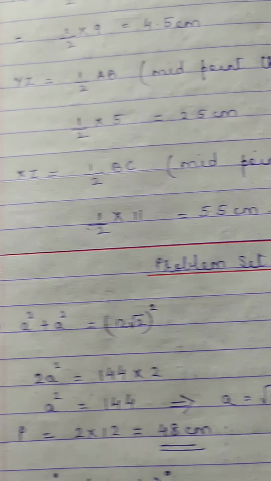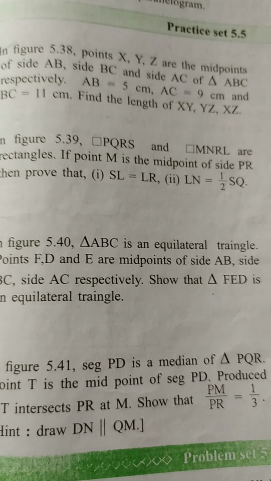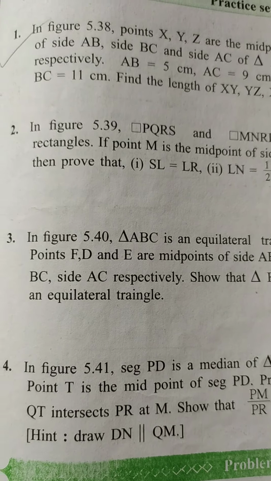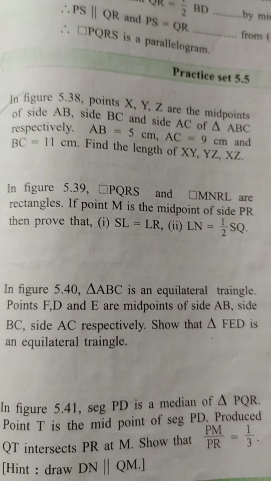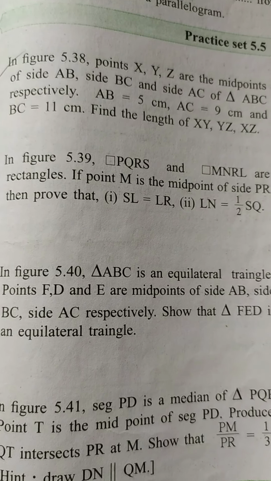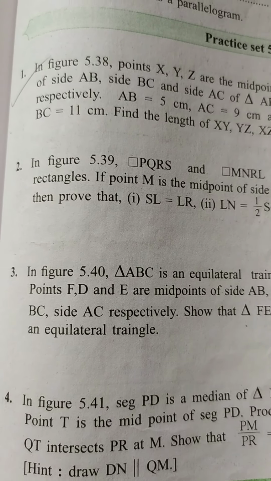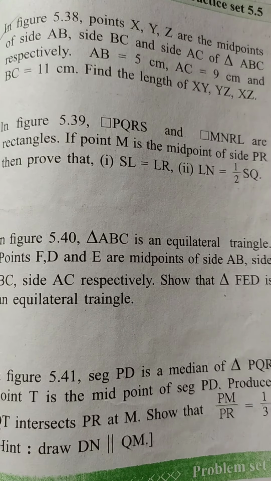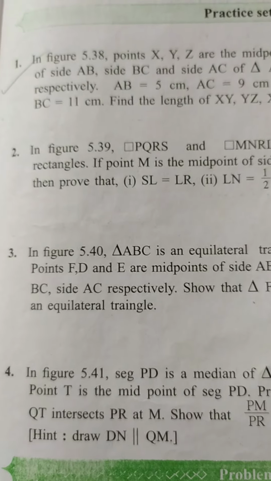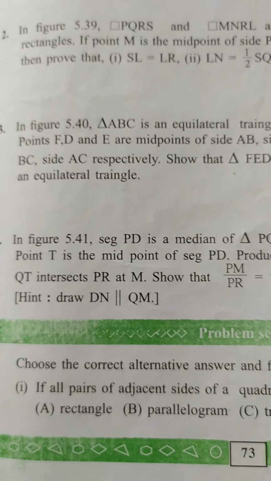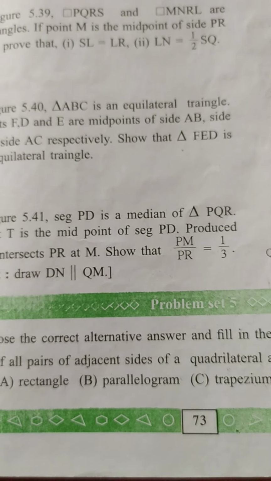Now question numbers 2, 3 and 4 are proofs which have to be done. I'll be doing them in the next video. Now this particular question number 1, since it's an activity based question, solving part, I have done it first. So in this video, I'll be sending you questions which need to be solved and done. The proofs, I'll be doing in the next video. Okay. Next we go to problem set 5.